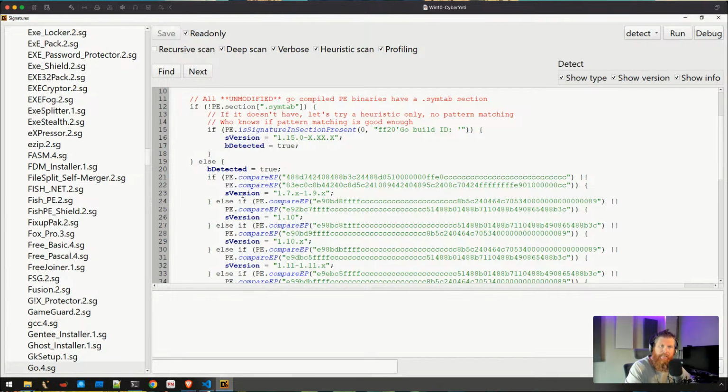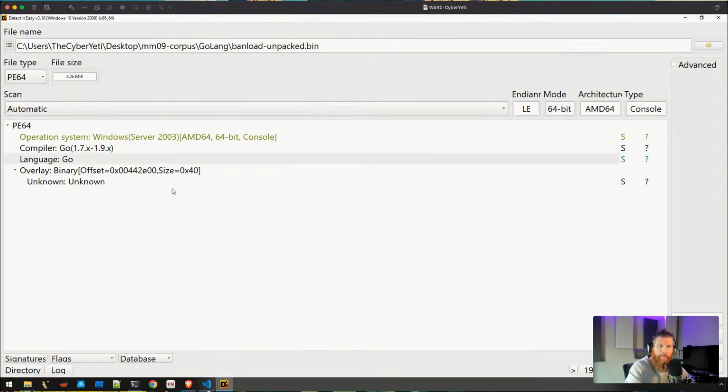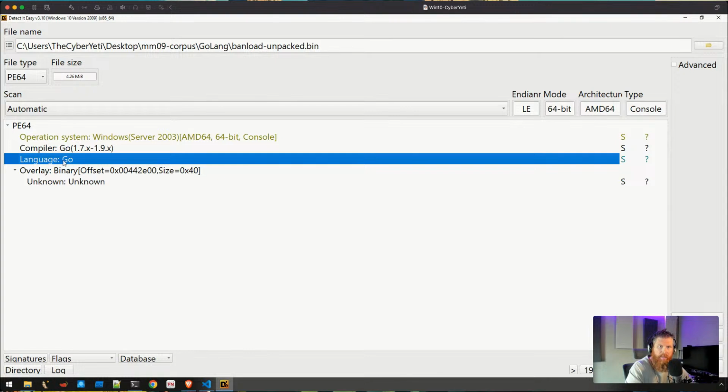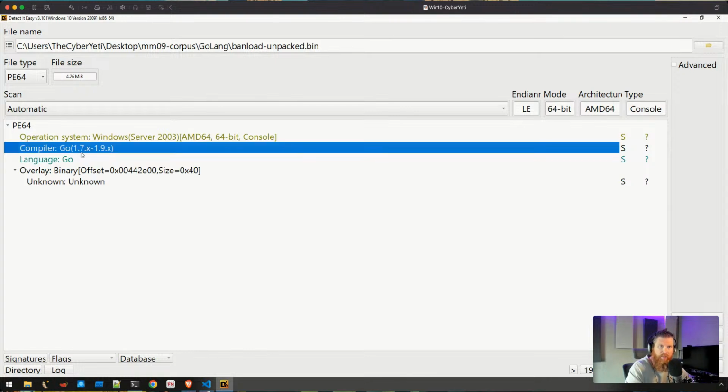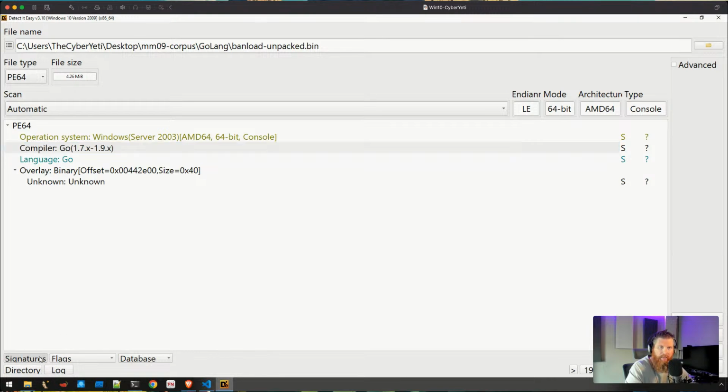There's a lot of conditional logic. There's a series of if, else if statements where it's comparing a sequence of bytes at the entry point, and those bytes represent code. Somebody took the time to look at those leading bytes and said, okay, this is a reliable pattern to determine these Go binaries. Now, something that I found really cool here, let's go back to the main. You can see that it detected the language Go, and it said this is Go 1.7x to 1.9x. And if we go back to those signatures,